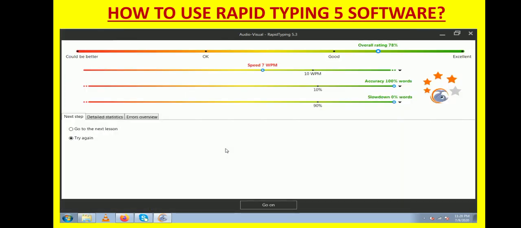So by this way you can complete your first lesson, and after the first lesson gets completed, the statistics will be shown to you as to how your accuracy was. If you have not made any mistake, then accuracy will be 100%. Now the next step, you can go to the next lesson and click on go on, or if you want to try the same lesson again, then click on try again and then click on go on. The same lesson will open once again.